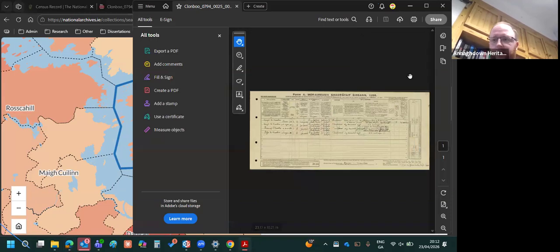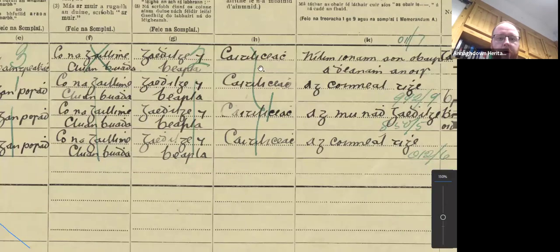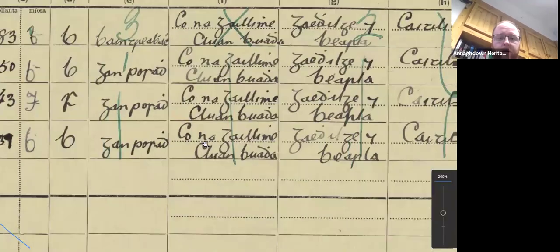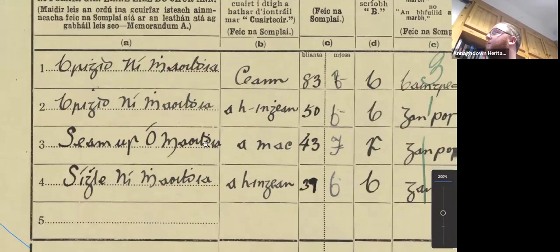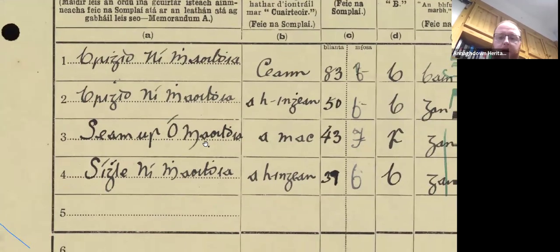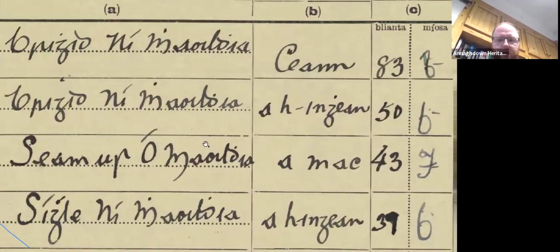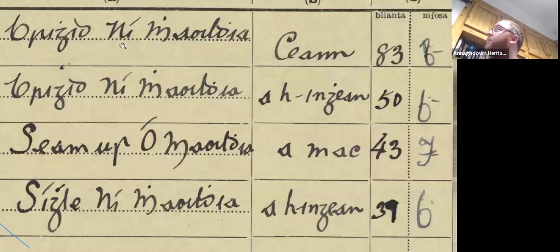One of the most interesting returns that I found in Down Parish is this one, the O'Melia or Malloy family in Clonboo. Seamus O'Melia, for anyone who doesn't know, was a poet and he wrote for the Connacht Tribune for about a decade in what they described as beautifully idiomatic Irish. So here he is on the 1926 census. This lists Greaney Mulia, which is his mother, aged 83, his two sisters, Bríd and Sheila, and this is Seamus himself here.